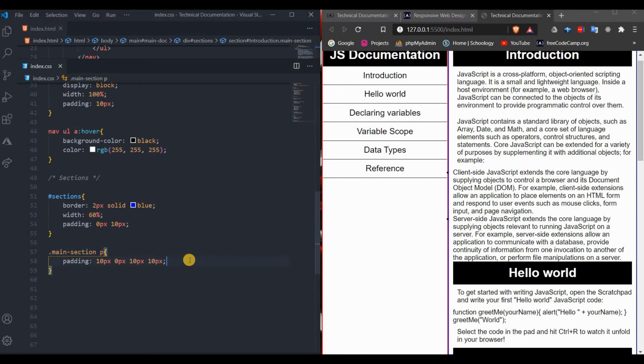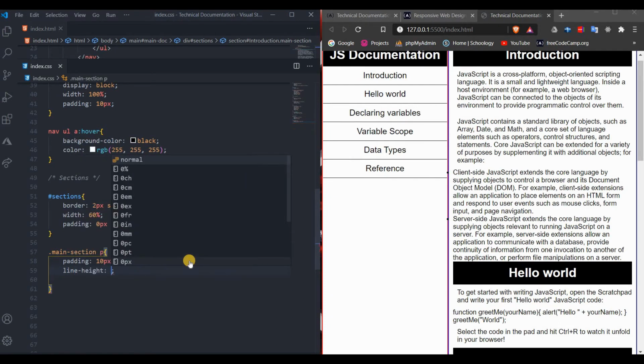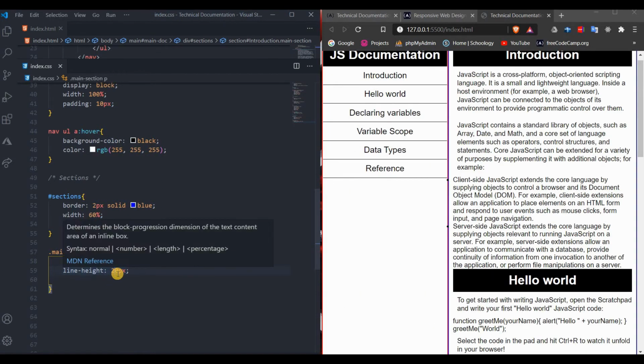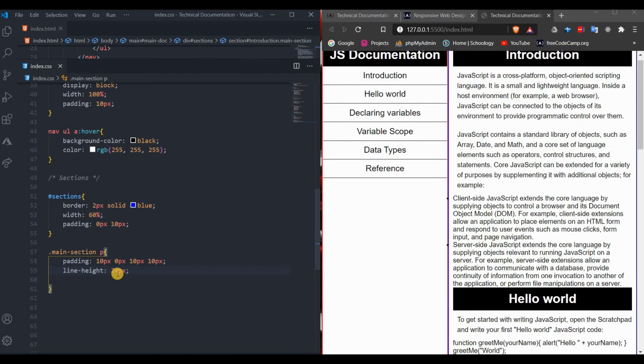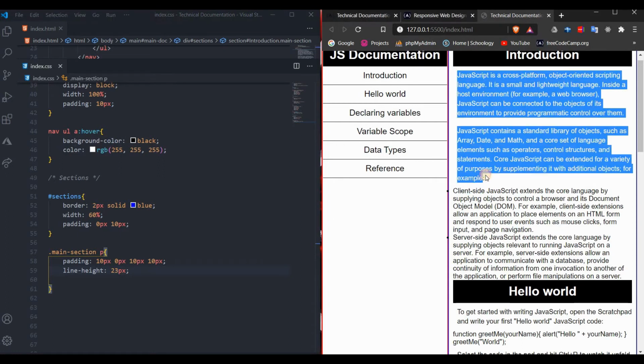And also I'm gonna mess with the line height because I feel like the text is just too crowded, too tight. So give it a line height of like 30 pixels. That's a little too much. 20, 24, 23. Yeah, that's a little bit better. And as you notice, it only affected the